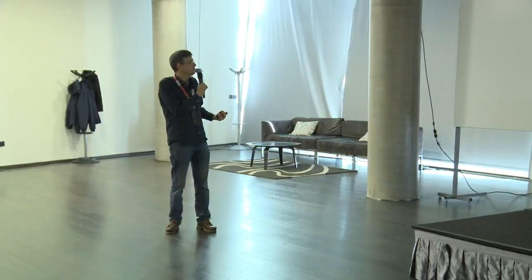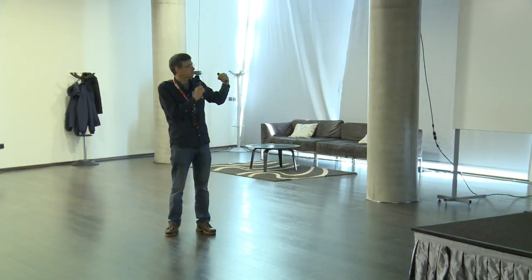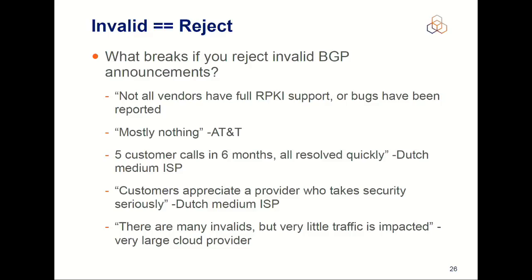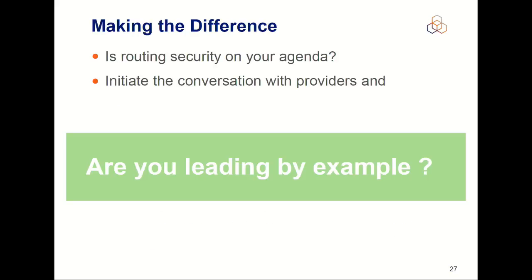That's what AT&T said. Five customer calls in six months, to give a feeling, all resolved quickly. Dutch ISP: customers appreciate that you take security really seriously, so you use RPKI. There are many invalids, but usually it impacts very little traffic, because usually the major players know what they are doing. So that's the feedback on that. So that's it, really. The question is,